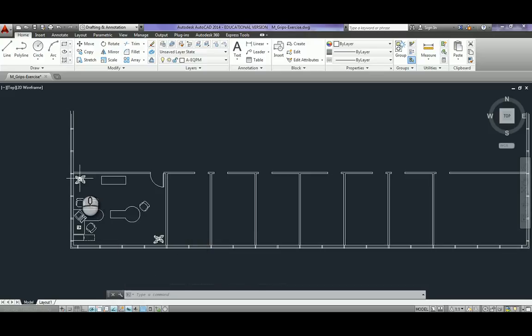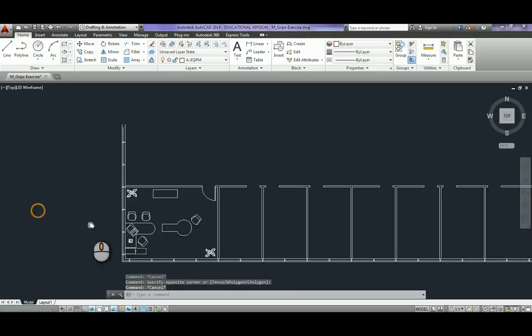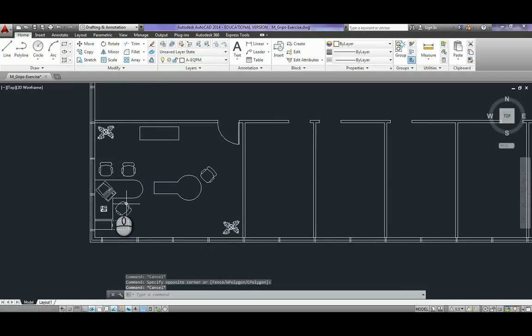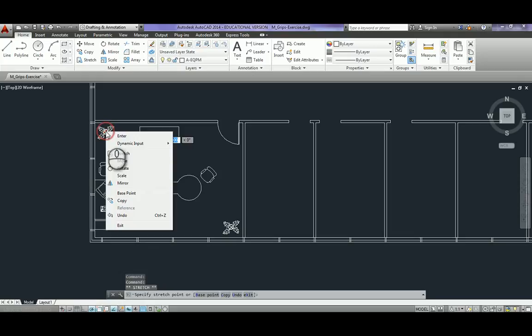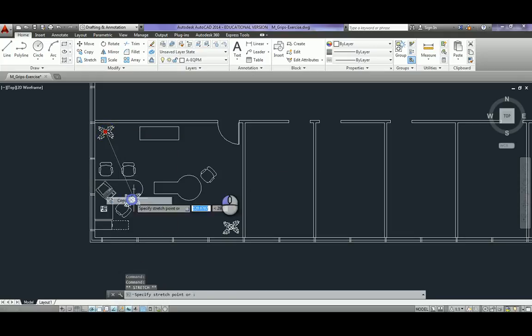The next 2 offices, which we'll focus on, are going to be basically everything from here. It's going to be basically all of this. So the way we're going to do that is we're going to go down here, and basically just move and copy everything. You can try a few different things, but the simplest is just move and copy, so you can just press copy, move over, copy,